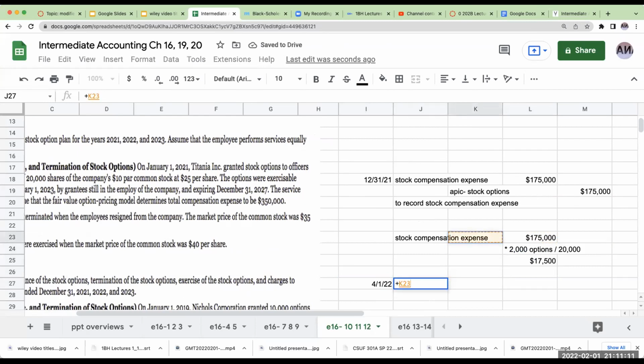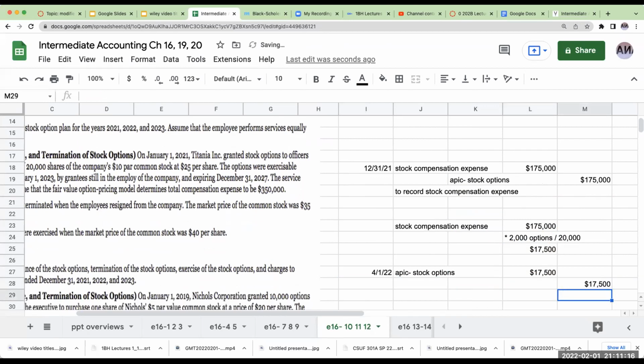So here I'm going to debit additional paid in capital stock options for 17,500. I'm going to credit stock compensation expense for 17,500 to record the forfeiture